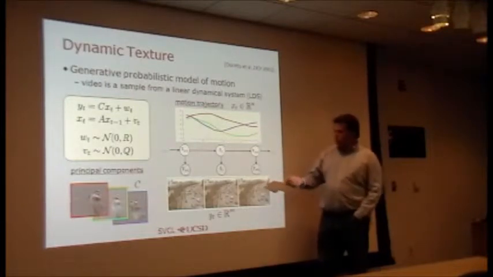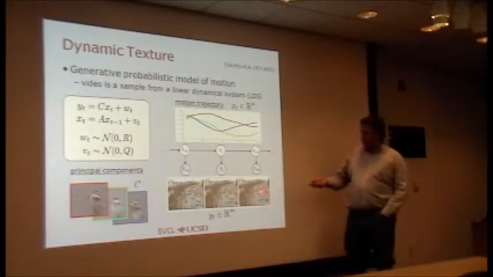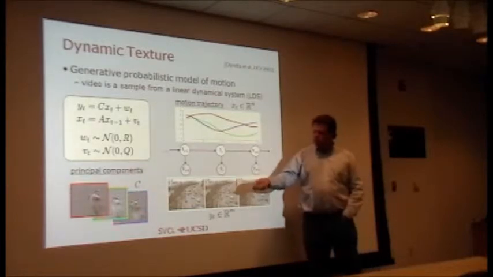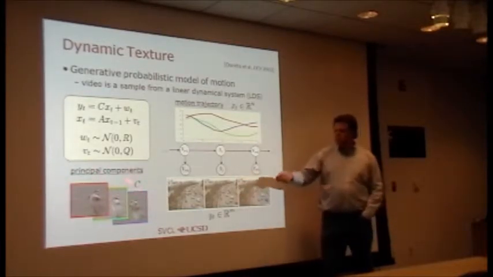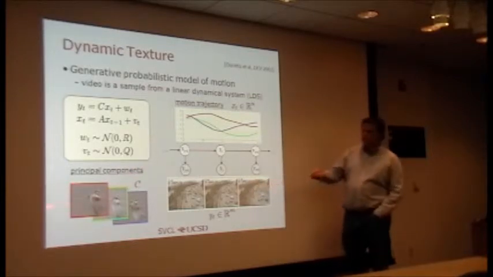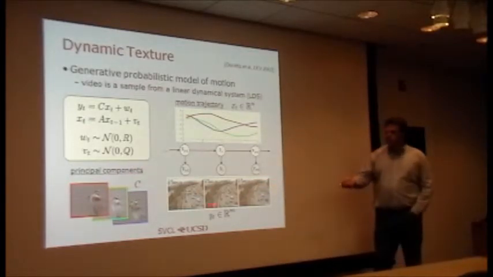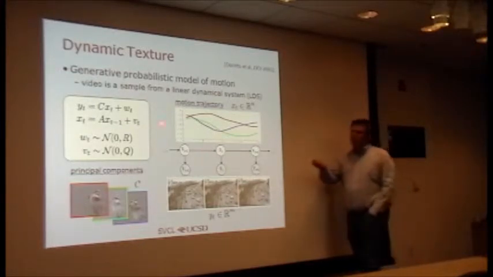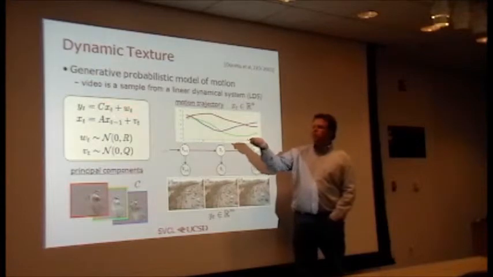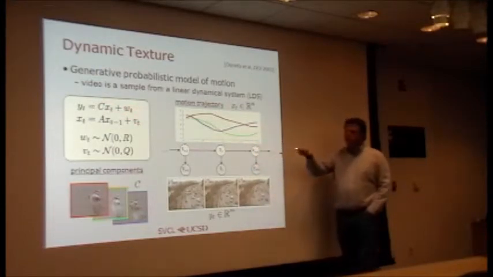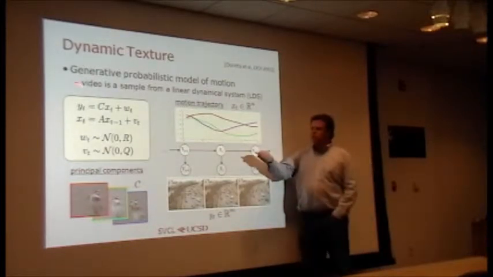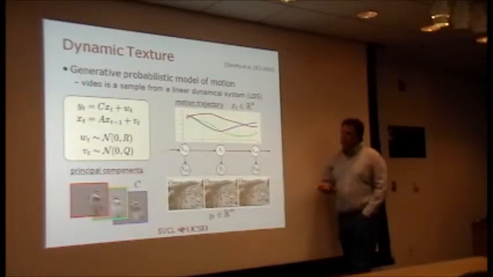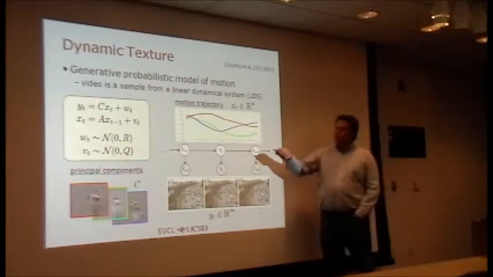So if you actually learn the model on the video, these are what the columns of this matrix C look like. They're the eigen images for this video, the frames in the video. Okay, and then there's a few more things here. There's noise. So if you want to be technical, it's actually more like factor analysis and principal component analysis, but it's not a big deal. Okay, so that's basically this part of the model.